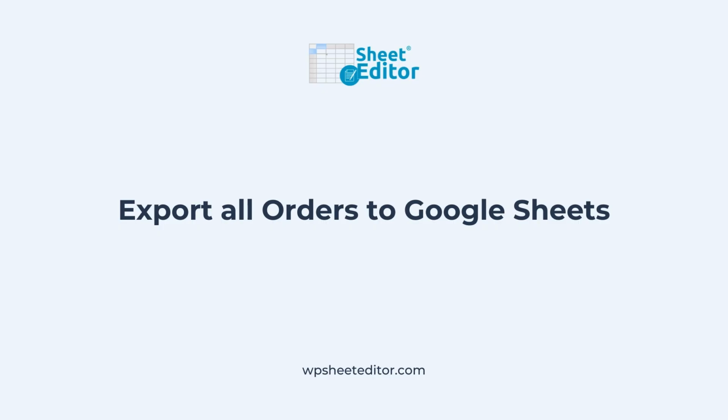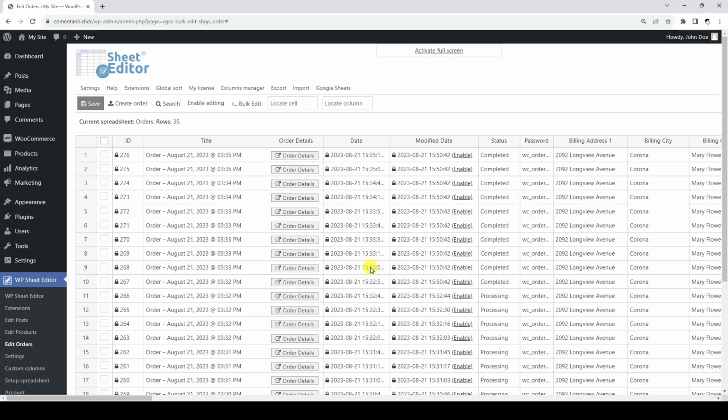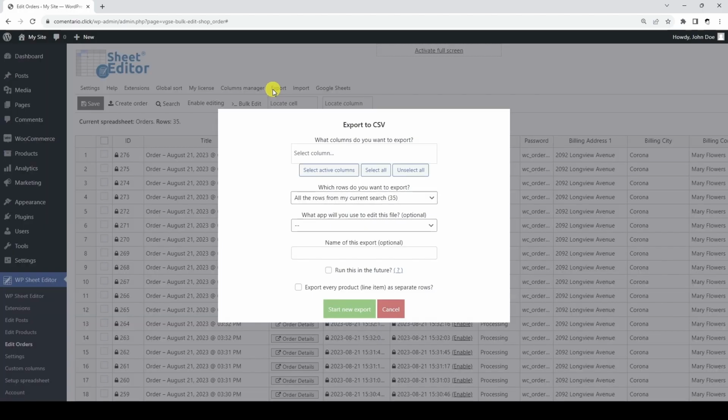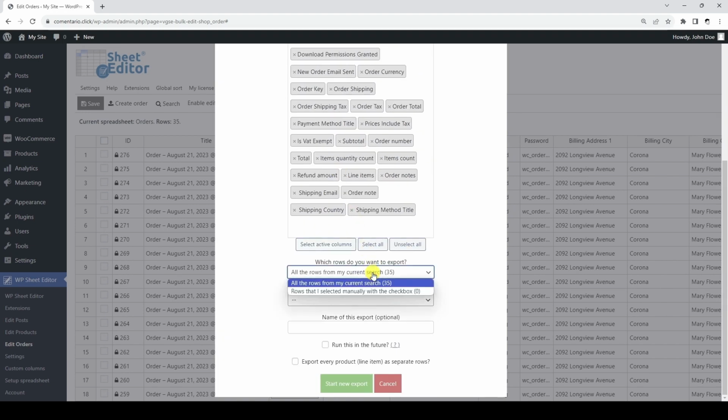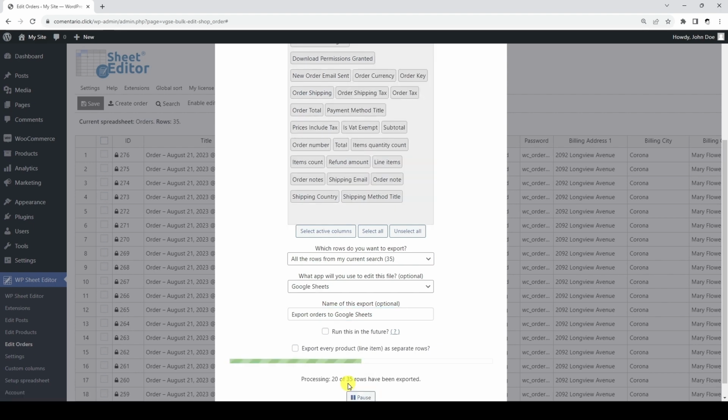Let's see how to export all your WooCommerce orders to Google Sheets. For this, we need to open the Export tool. We are going to export all the fields of our WooCommerce orders, and we are going to export all of our orders. Here we need to select Google Sheets. And here we need to add a name to be inherited by the Google spreadsheet that we are going to create with this export. Finally, we need to click here to create a Google Sheet file that contains the information